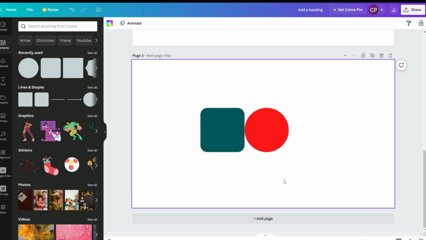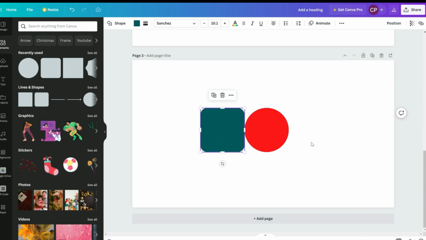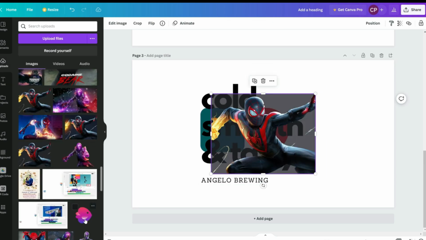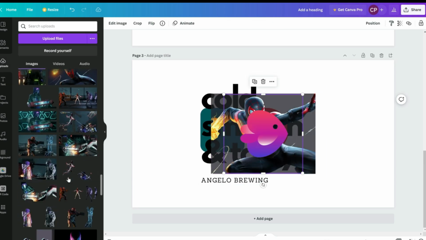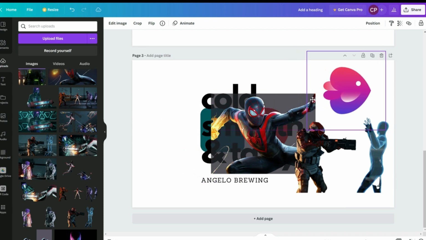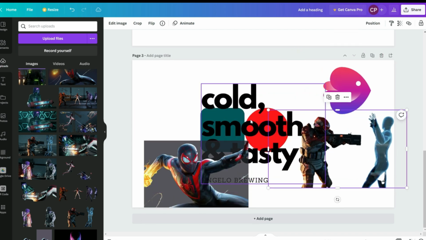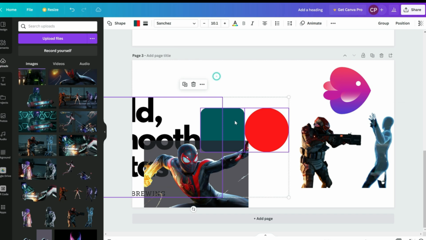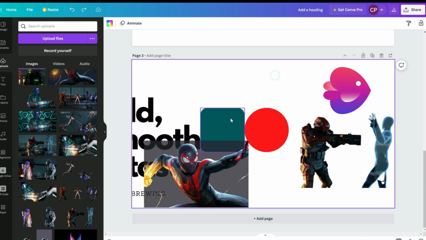Let's say you want to lock this element exactly at this position. Let's say you have text, some images, logos, and also some more images like this one, and the project becomes really hectic. In that case you want to lock that element exactly at this position. Because if you move this and by accident you move your element like this, then the position of that element is messed up. So in that case, what you can do is select this element and